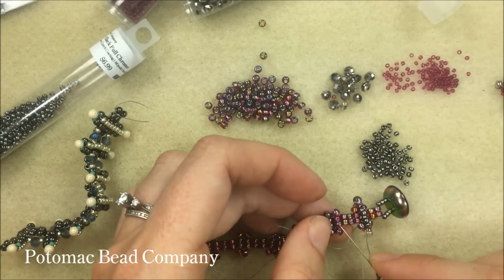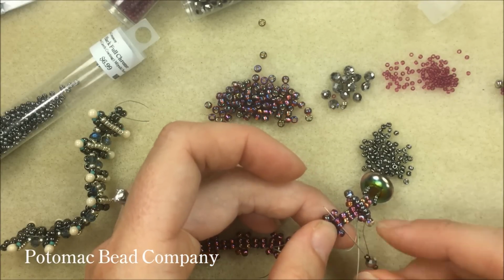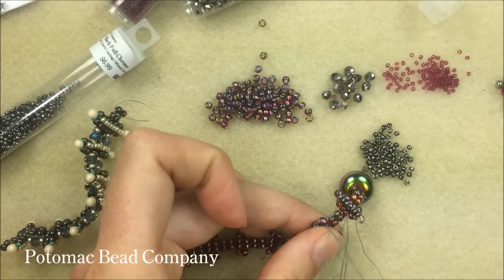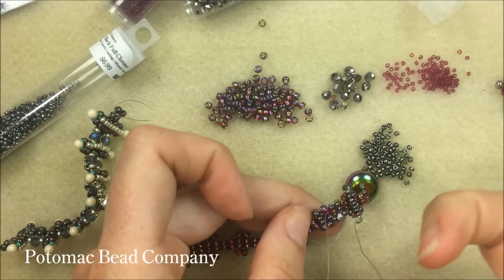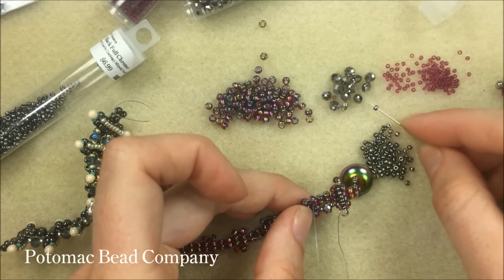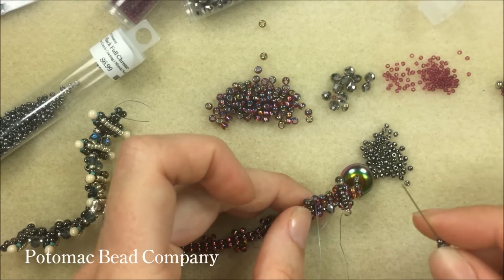I'm going to sew and grab the middle 2 of the next row of 4. So my next rolling pin, I'm grabbing the first 2 and I'm sewing into those first 2. That's going to pull that concave shape and kind of get that dimensional. Again, I'm going to add my pattern, which is going to be my 11 O's, my Potomac Rondelle, and 11